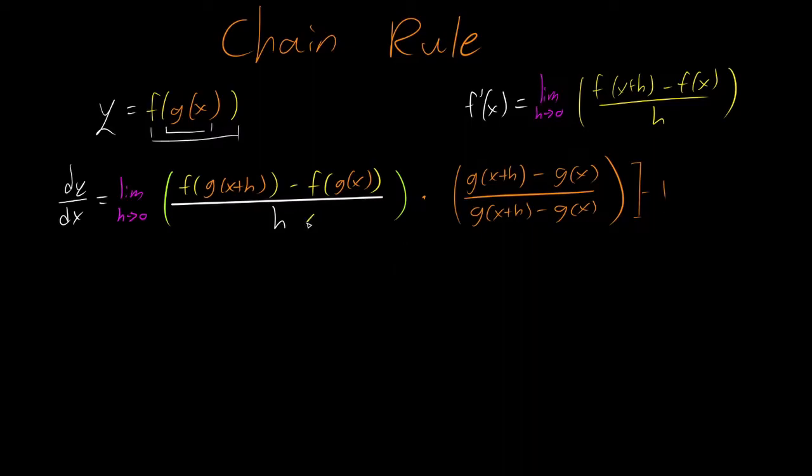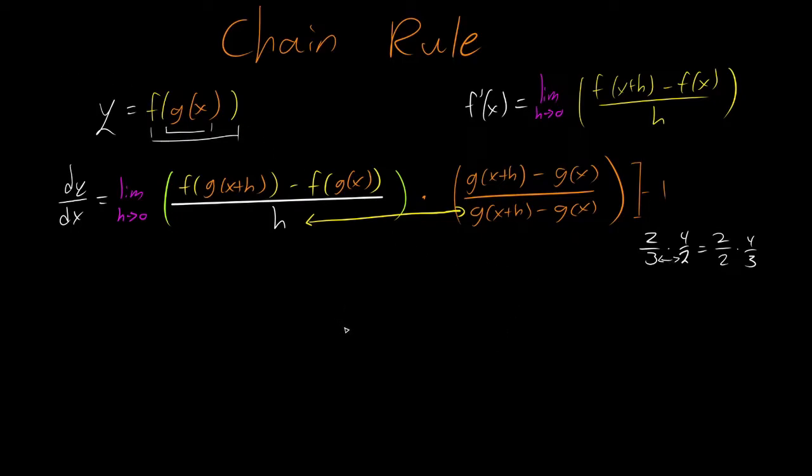Another thing we're going to do is swap the denominators. Why are we allowed to do this? Well, if we're doing 2 over 3 times 4 over 2, technically we're allowed to swap the denominators and make it 2 over 2 times 4 over 3. The reason we're allowed to do that is because we're multiplying the numerators and we're multiplying the denominators, so it doesn't matter what order we do it in. So with that,